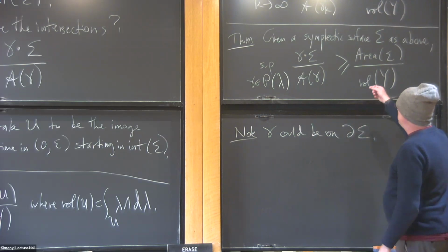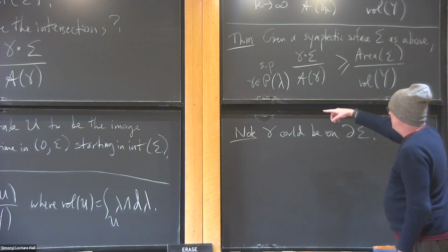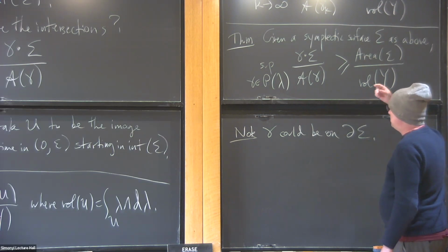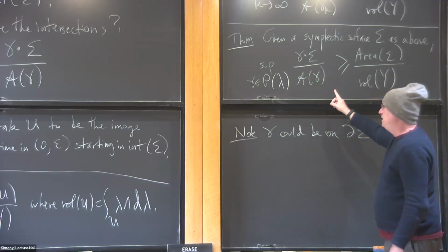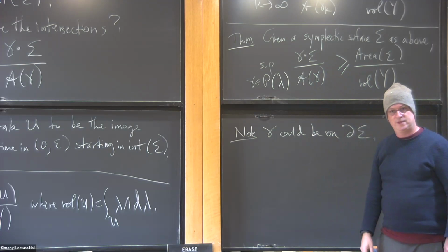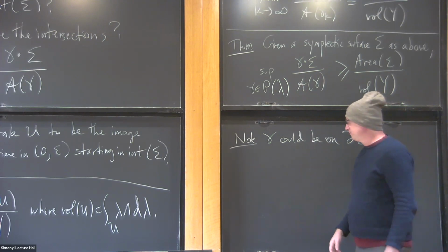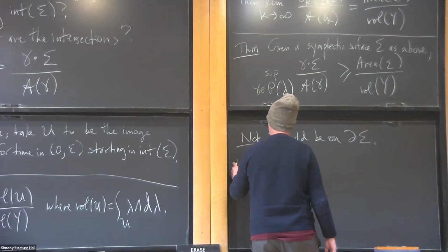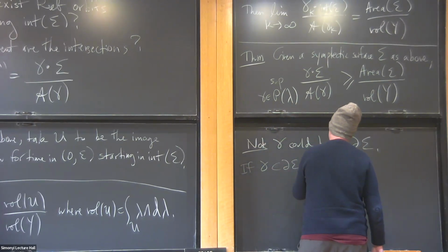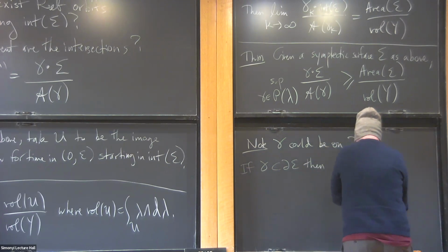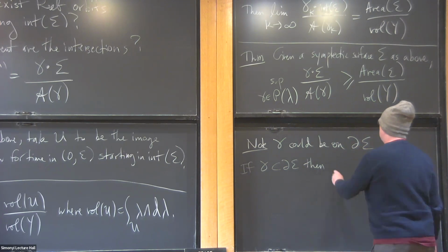So this theorem says that for any epsilon, there exists some gamma such that this number is greater than that number minus epsilon. But the gamma could be on the boundary of the surface. And so I have to interpret what I mean by the intersection number of the boundary orbits. I can give you a more precise definition, but informally,